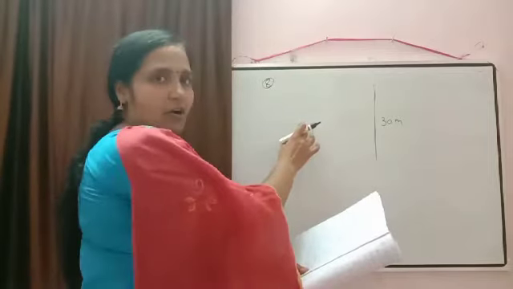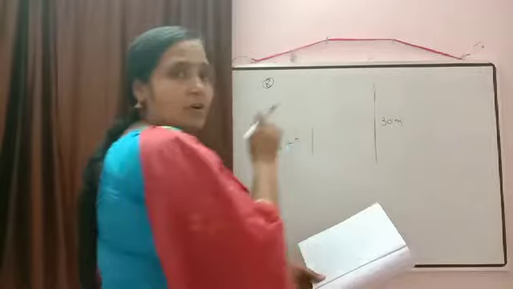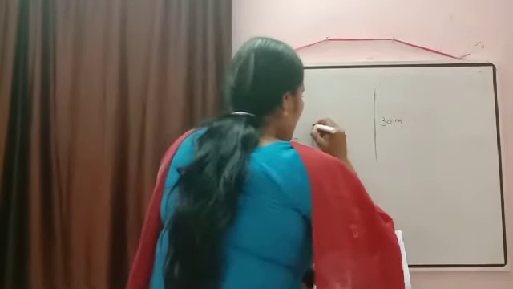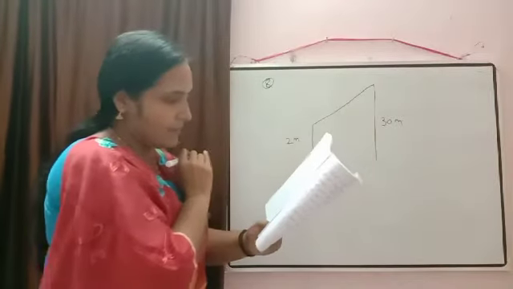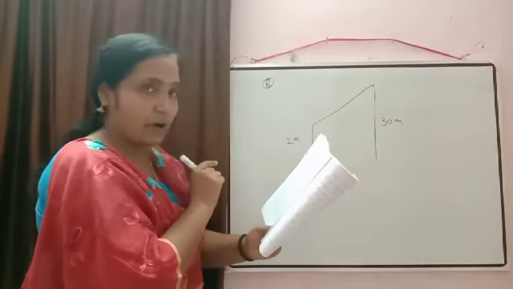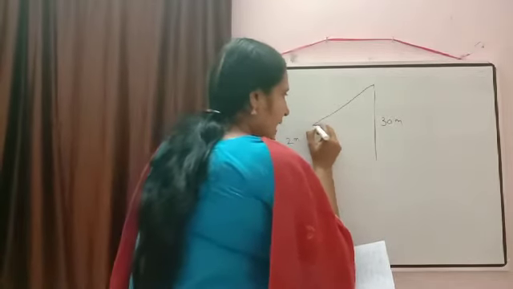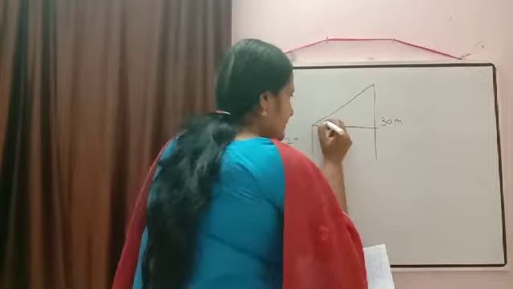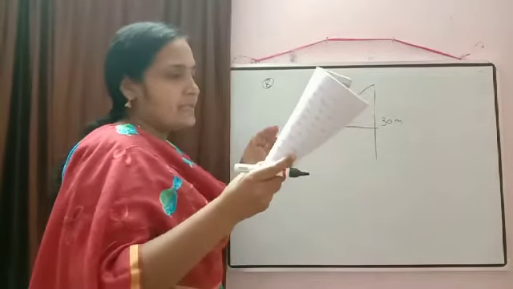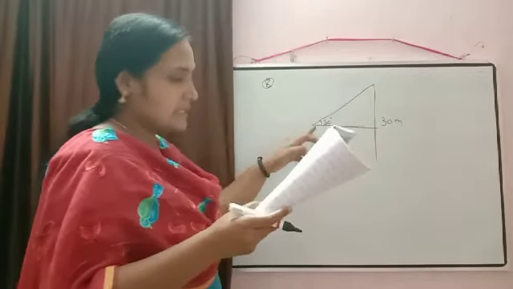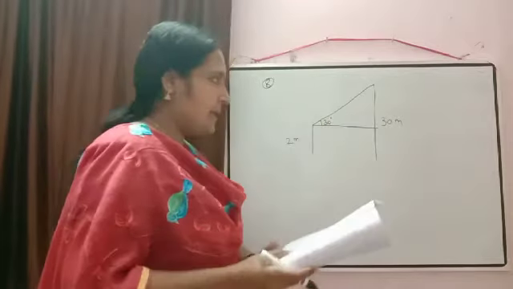Here, this is the observer. Angle of elevation from his eyes to the top of the building increases. First the boy is standing here. So, in that case, angle of elevation is 30 degree. Now, what they are saying? The angle increases from 30 degree to 60 degree as he walks towards the building.